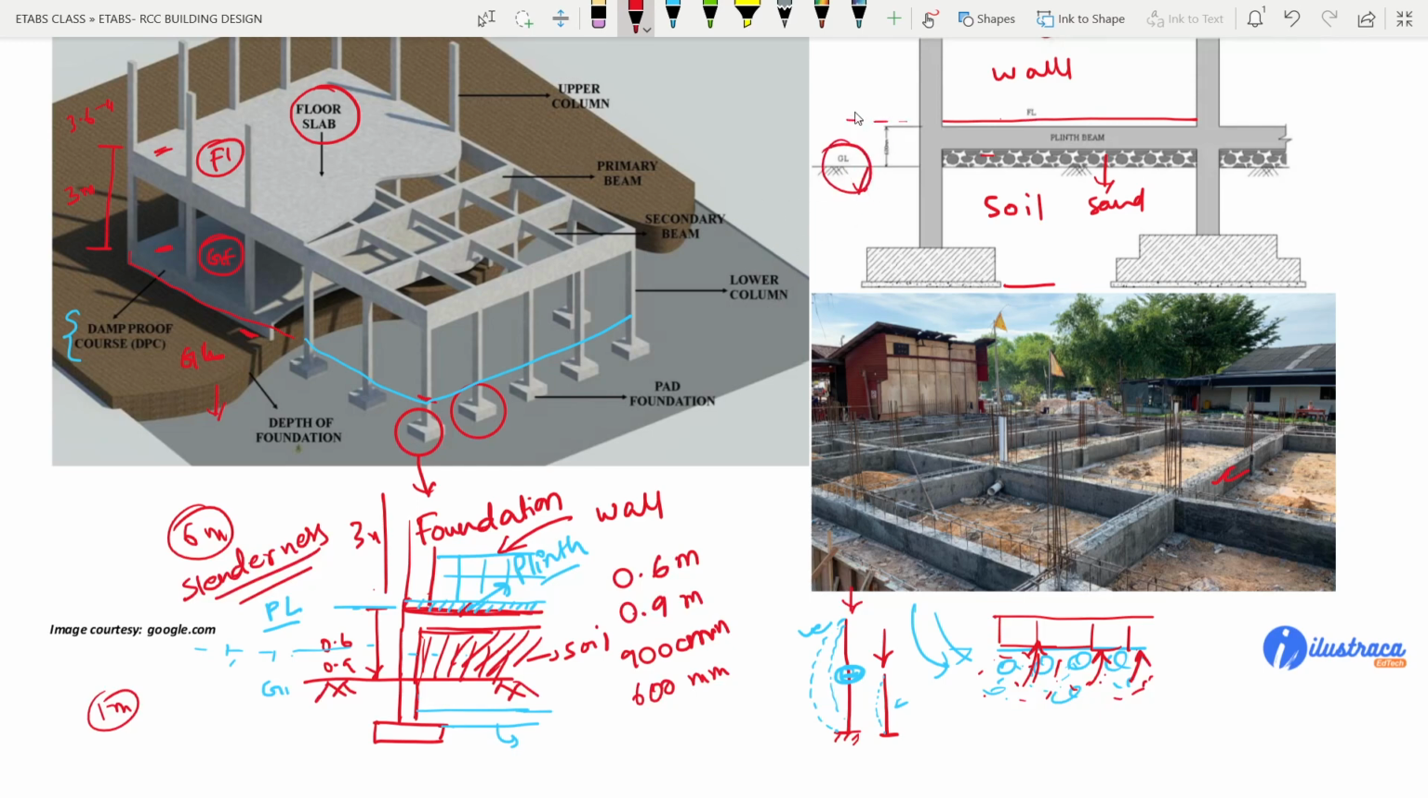This level we call it the plinth level. Okay, so you can see a better view of plinth beams, how it is constructed. You may see this kind of beams everywhere during the construction, right? And then we have the next beam below the first floor, and these beams are called floor beams,